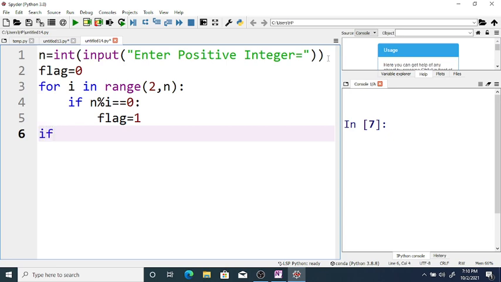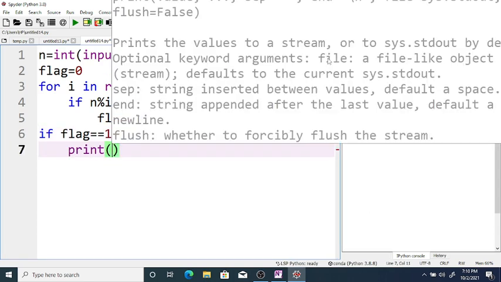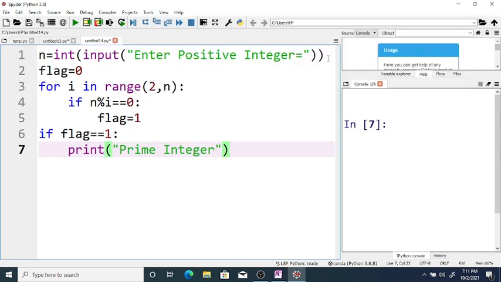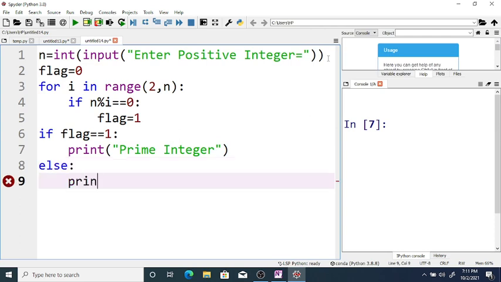Now if flag is equal to 1, then print the given integer is prime integer, else print the given integer is not prime, it is a composite integer.